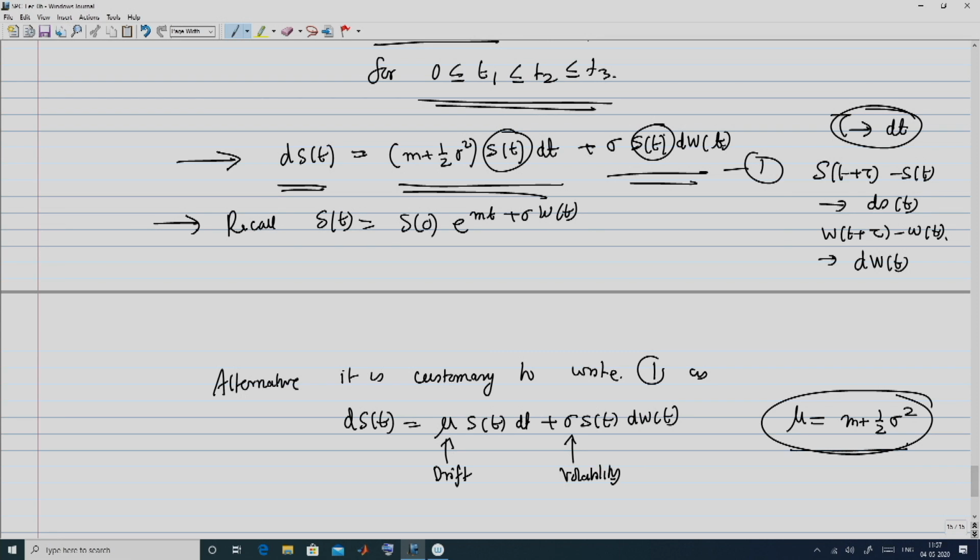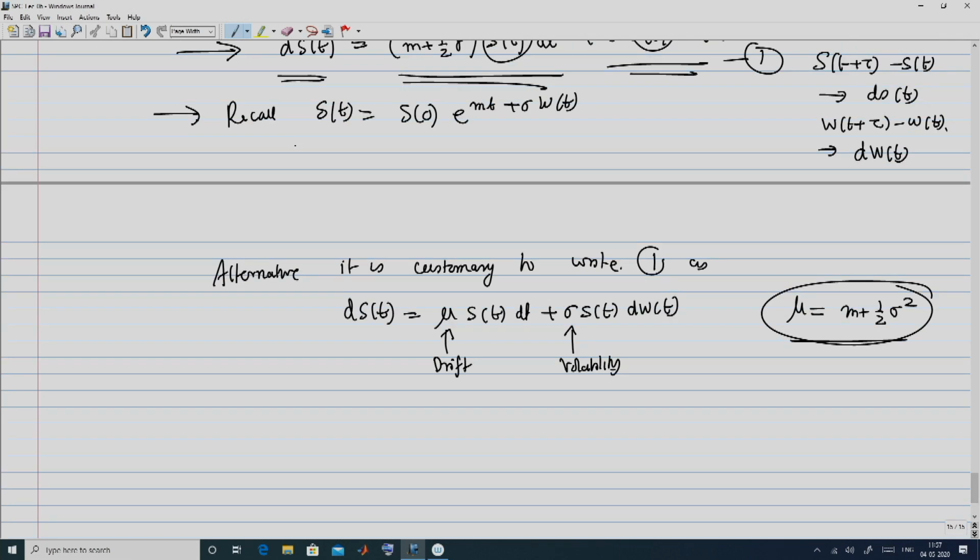So, once you choose m plus half sigma squared equal to mu, the relation accordingly becomes, and this has the solution